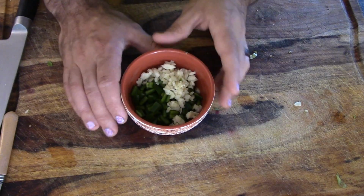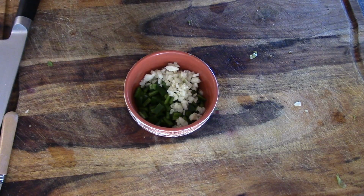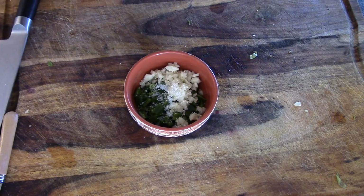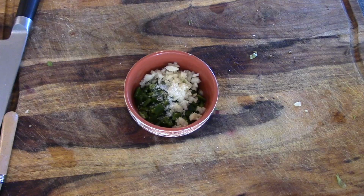So we're going to take this, before we go over and cook, I almost forgot, and we're going to make a little paste. So we're going to use something called a mortar and pestle. Now I don't have a mortar and pestle. A lot of people don't. It's a very specialized older tool. You could do this in a food processor, but my food processor is quite large, so I'm not going to go that route. So what a mortar and pestle literally is,